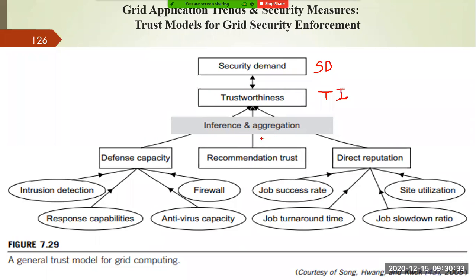indirectly. I am taking a recommendation from you to visit a particular shopping mall, right? If your recommendation says that no, that shopping mall is not good, then I am not going to visit it. So we are depending on the other's view, that is indirect. But direct reputation, you have to do with some statistics. What is the success rate? Suppose you are purchasing a particular product, somebody will say it will last for a minimum of 5 to 6 years if you purchase from this vendor, right? So based upon that, you can build the direct reputation.